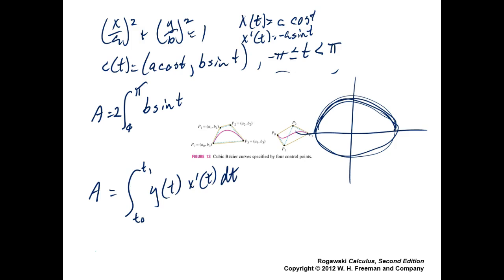Yeah, we got our dt in there anyway. So then this will be times minus a times the sine of t. Then you got your dt. Well, the a and b are constants, so let's pull out a minus 2ab, the integral from 0 to pi of, I pulled out the minus sign, sine squared t,